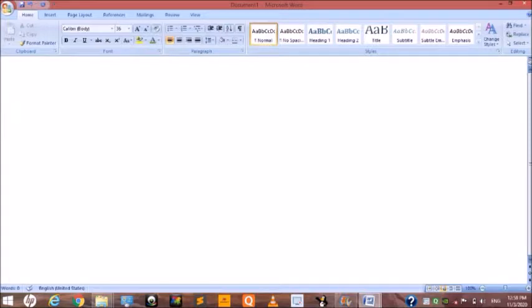So the next is the arrow key. This arrow key is used to move the cursor toward left, right, top and down in this way. So look at here, I typed here some numbers. So I want to move the cursor to the left side. Look at here in this way. Also you can move the cursor to the right side. If you want to move the cursor in the upward side, like in this way, downward. Okay.